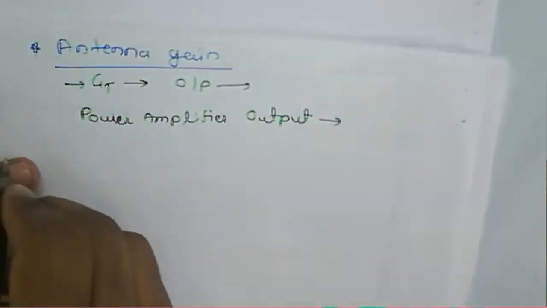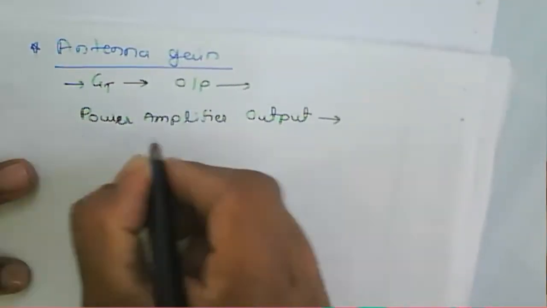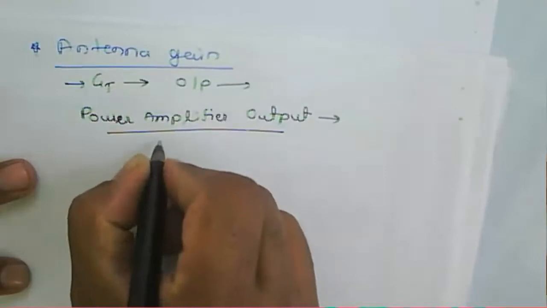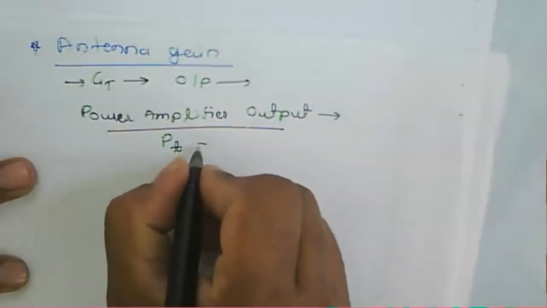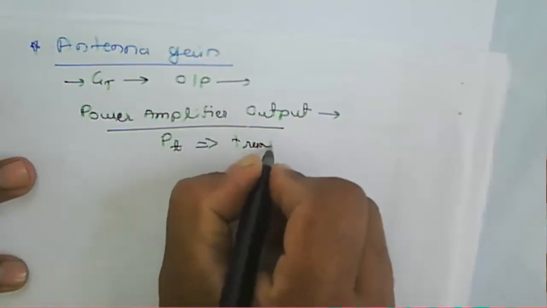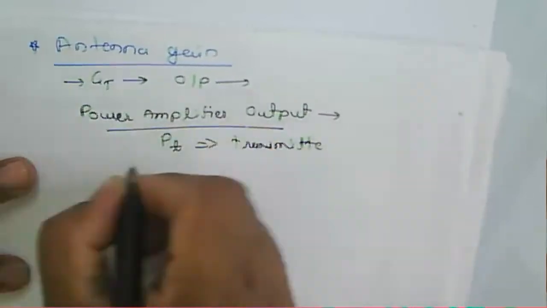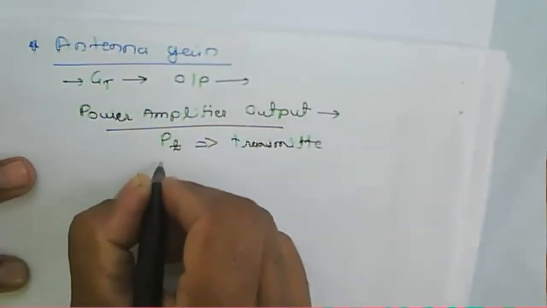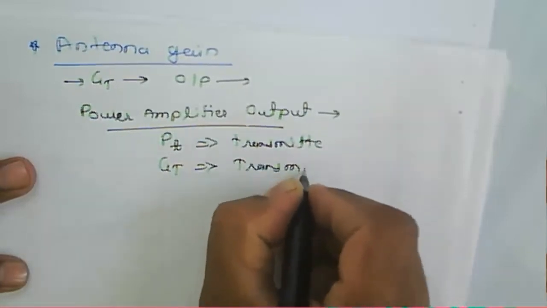So that's why we should know the gain of that antenna. The power amplifier output, suppose we consider the transmitted power as PT, that is nothing but the transmitted power, or the output power of your amplifier there, and then the gain of your transmitting antenna,